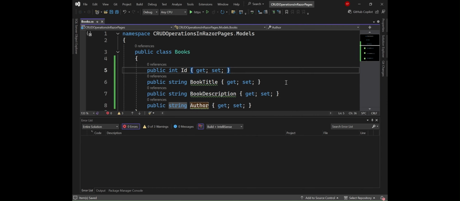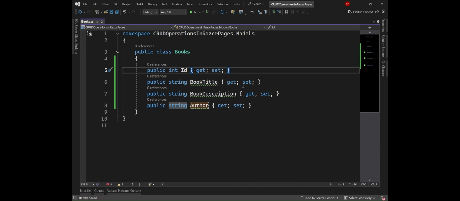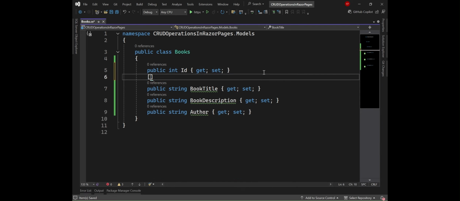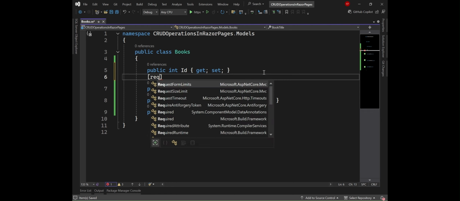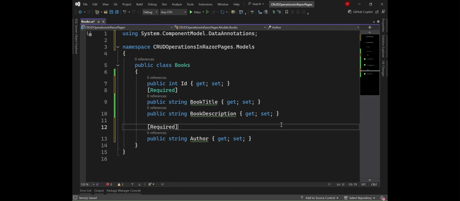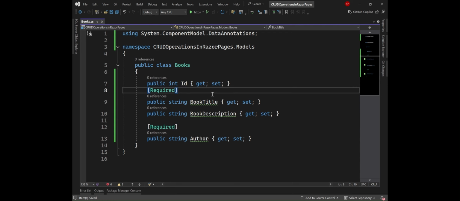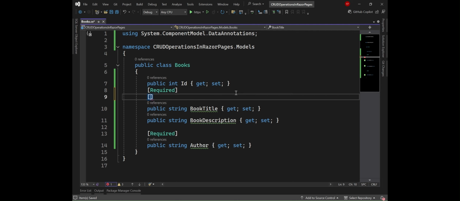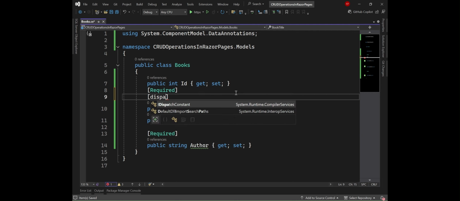So I'm going to create these properties here. Also I'm going to make this book title as mandatory, so add it with the required data annotation. Description is not mandatory. Let me add author also as mandatory. Also, while displaying, I don't want to display this title as book title. Let me change the display column name for this